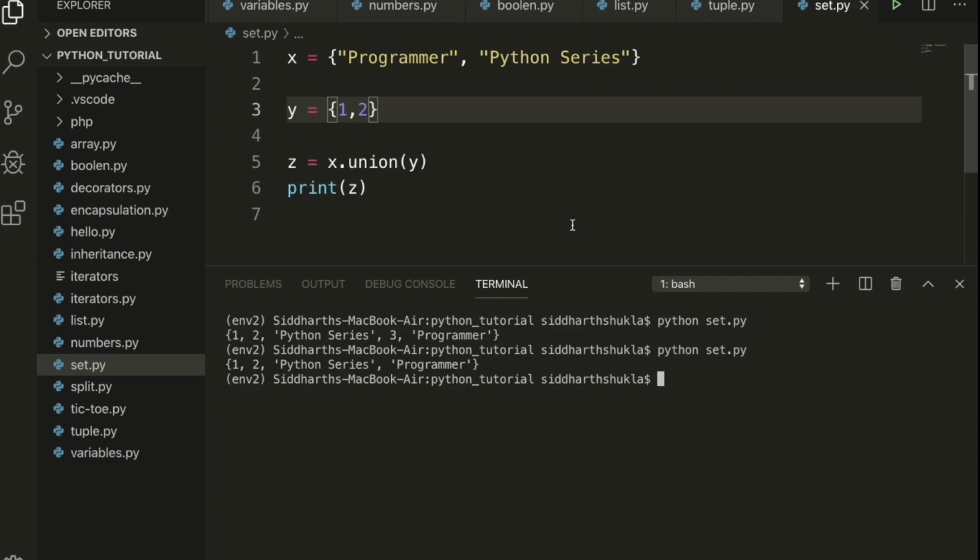Okay, the update method you can also use if you want to update anything. So, okay, I hope this is clear. There are multiple methods you can learn about in sets. Okay, now we have the dictionary. A dictionary is a collection which is